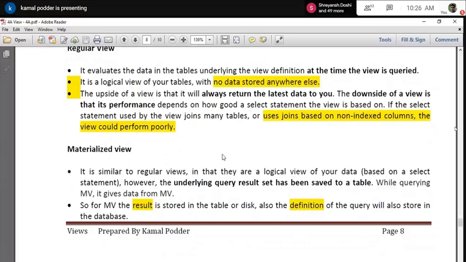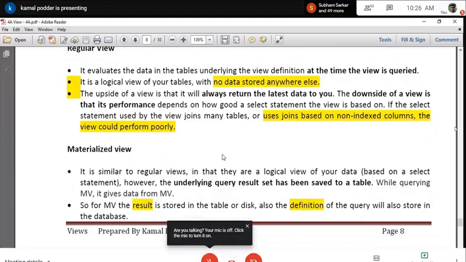When you run it, it is accessing the data from the table. That means whenever you perform an update, insert or delete on the base table, at any point of time when you run that particular view, you always get the latest data. That is the advantage.